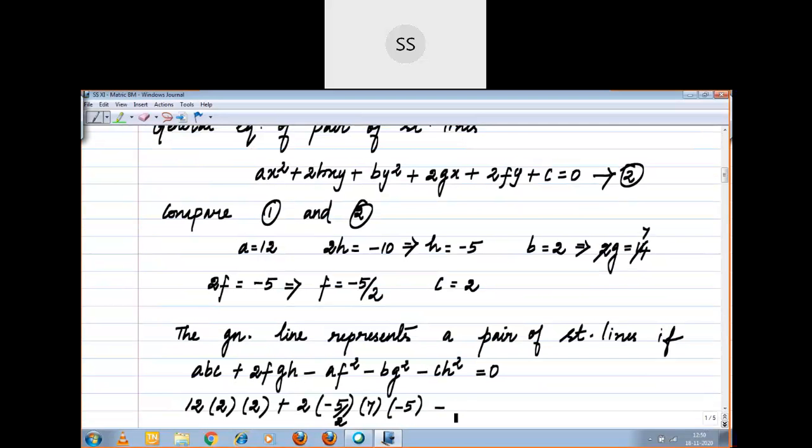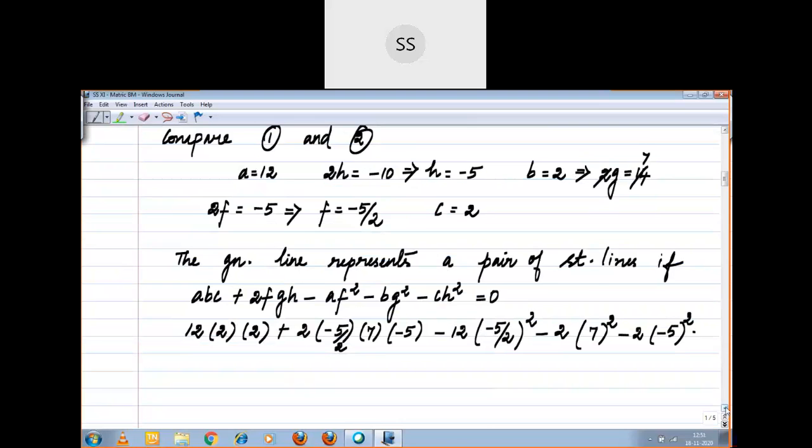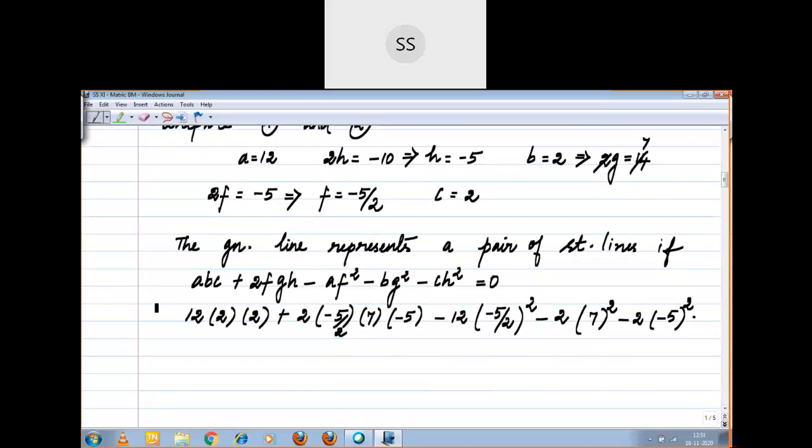Minus A into F², that is 12 into minus 5 by 2 the whole square, minus 2 into 7 the whole square, minus 2 into minus 5 the whole square, equal to. You want to prove this is equal to 0, right? LHS